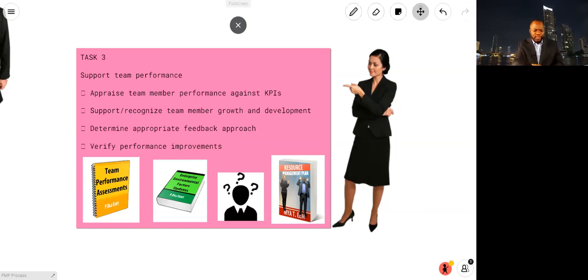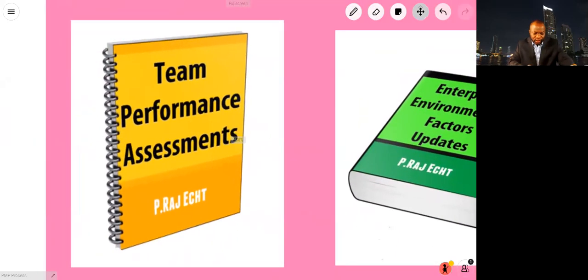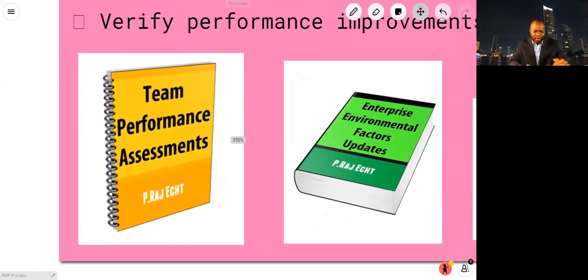So regarding appraising team member performance, talking about key performance indicators, we have in the world of the PMI something known as team performance assessments. And you can see that on the screen right here. These team performance assessments are talked about in chapter 9. Now, in the world of Agile, we're not going to label it and say, oh, this is a team performance assessment. No, the team assesses itself. So the way we think about team performance assessments in the world of the 49 processes is how management may assess the team,